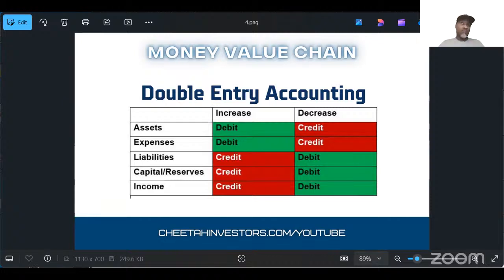And through that structure of what they created, they do something called double entry accounting. So what happens is you have two sides of the ledger, increase and decrease. You have debits and credits. And basically how the double entry works is if you're going to put something on in one area, you've got to adjust the other area.